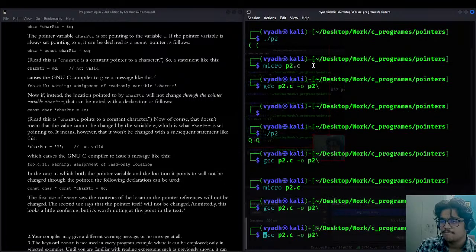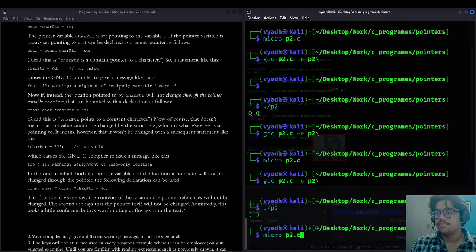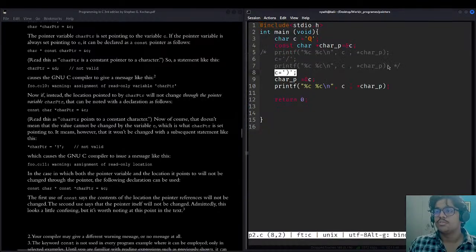Control S, Q, GCC. Okay, done. Error. Okay, error in that case. The const, if we put that const in between and try to run with the asterisk. Okay. So I was seeing that if I make the character constant, but I still want parenthesis to be printed, it cannot be possible to print with the pointer only. I have to change the original value of the original variable, like I have changed here. I have changed the value of the original variable. I cannot just directly do like that कि हम parenthesis को char p में denote कर दें.